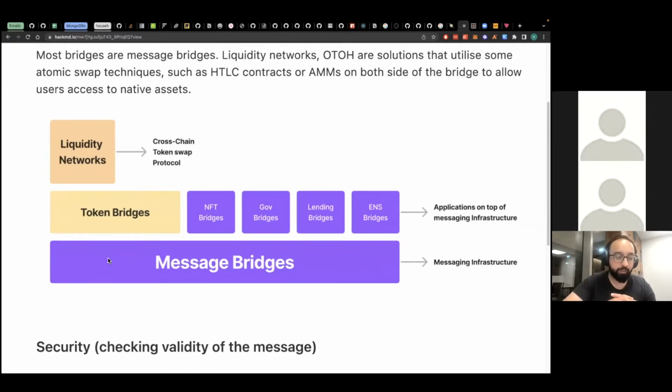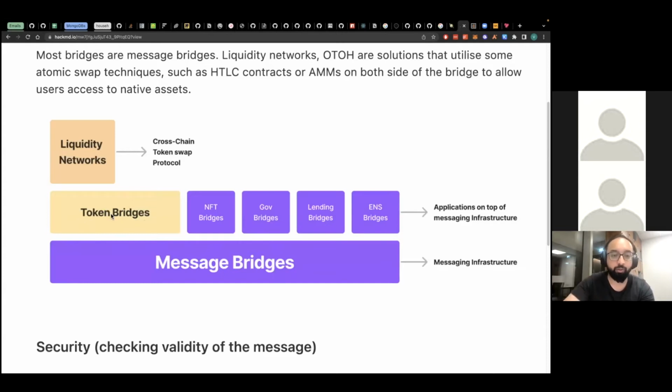These message bridges provide security to everything that's built on top, right? So any application that's built on top of the message bridge is inheriting the same level of security as the message bridge itself, right? Going on top, you will see I've outlined a couple of things here. Essentially, I call everything built on top of these message bridges applications on top of message bridges. So during the talk, if I say application on top of a message bridge, you can kind of assume